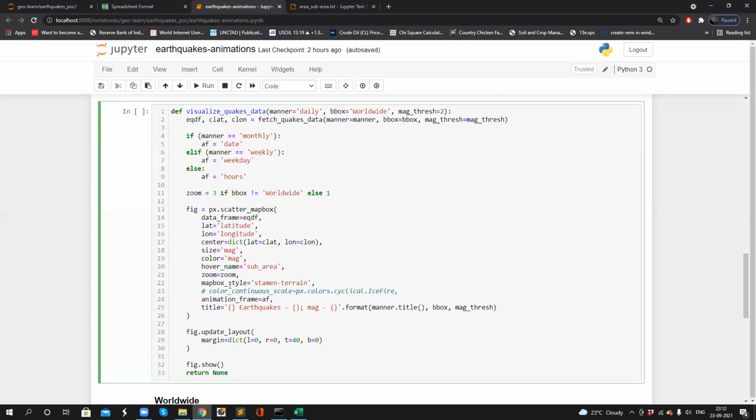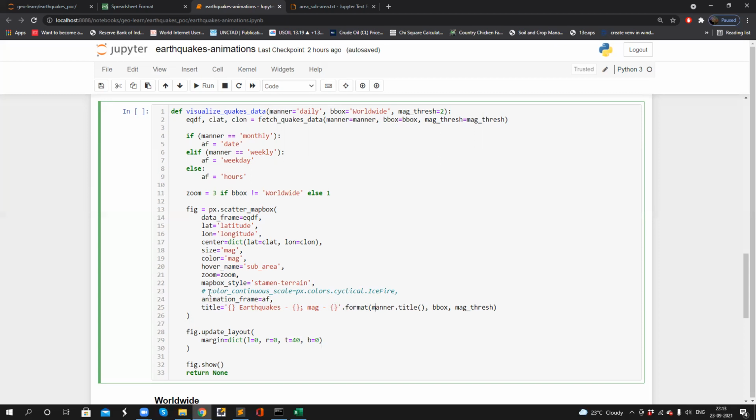To visualize earthquakes data, Stamen terrain is the best fit style. So we can easily use this Stamen terrain map, which is available in Plotly. Mapbox style equals Stamen terrain. And now comes the animation frame. So we can pass the value AF, which is decided based on this manner parameter. And we have the title of the plot.